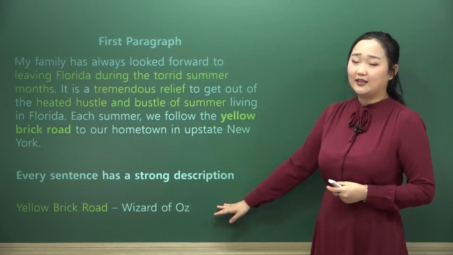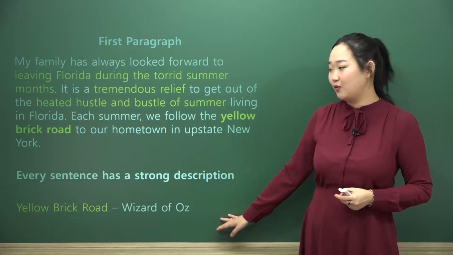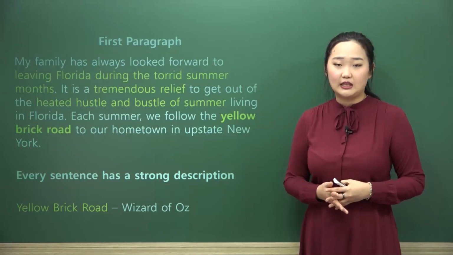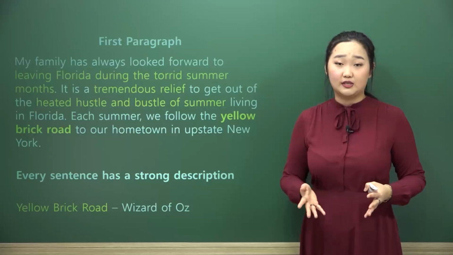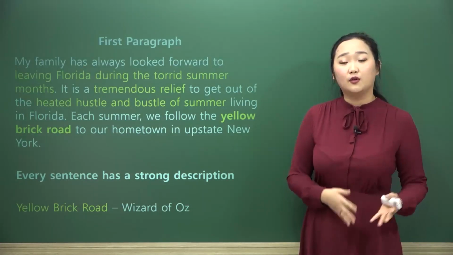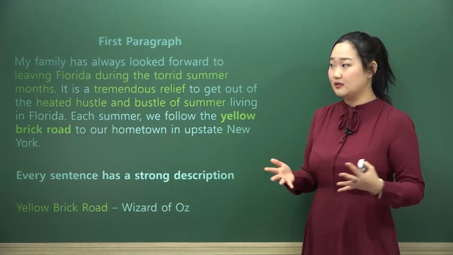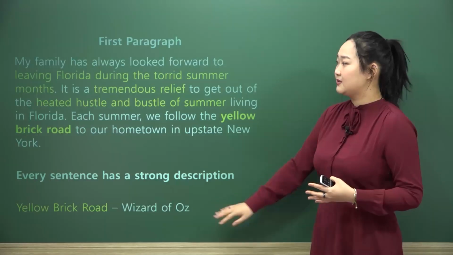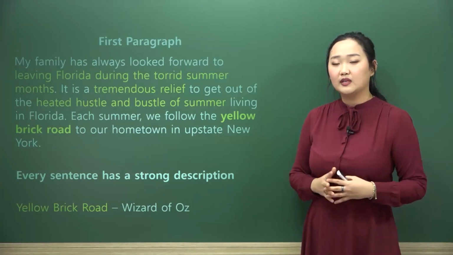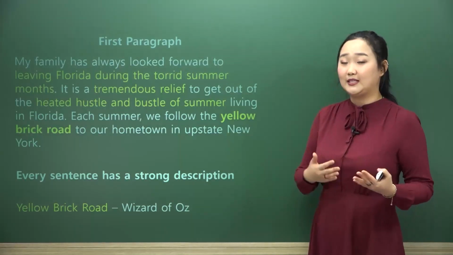Also, another thing that I want to mention here is that this person decides to use an analogy. They use the words yellow brick road. Now, if any of you guys have actually seen the old Judy Garland movie, The Wizard of Oz, this is something that's very important that can only be understood if you know about that movie, or perhaps say Wicked, the musical, being another substitute for this. You won't know what they mean when they say yellow brick road unless you've seen the movie or have understood it as perhaps a way to get home.